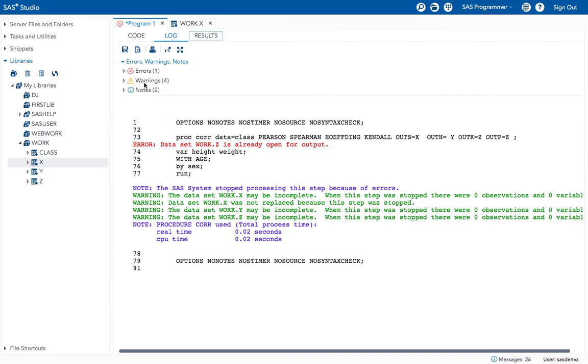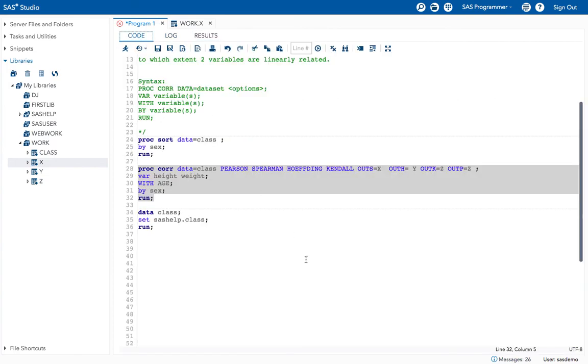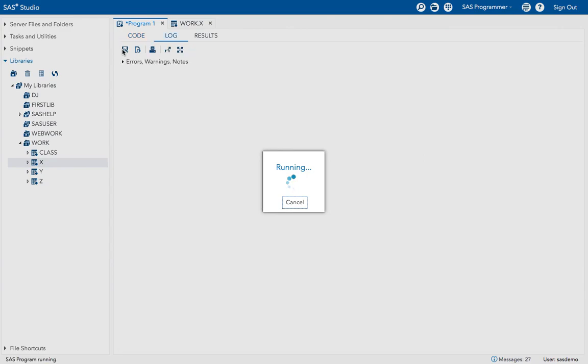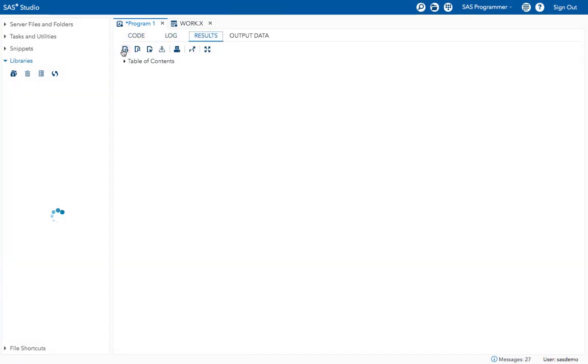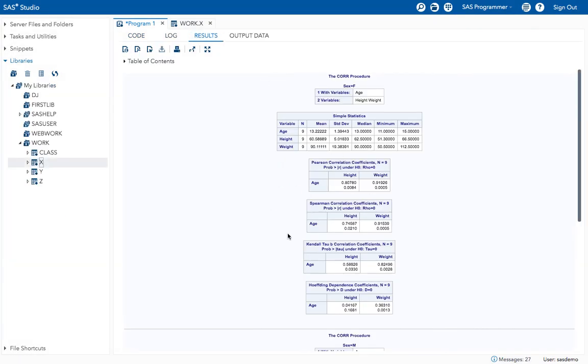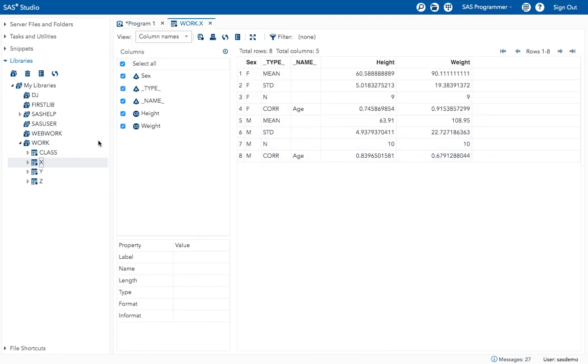See, it's already open for output dataset. Okay, now execute the program. See, now I got X values, Y dataset, and H dataset.